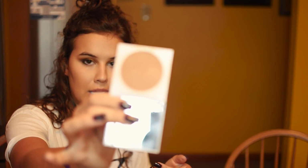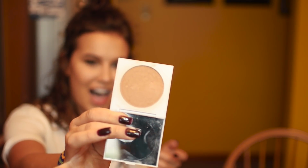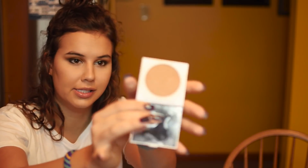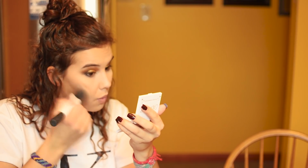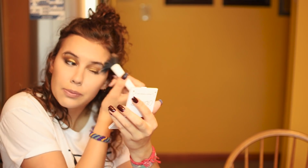I have it in a pressed case like this. I love this bronzer, and it's like $6. And I usually just take my big Real Techniques stipple brush and slap it all over my face. I've already shaped out my face with the Kevyn Aucoin contour powder and contour cream, so I'm really just warming things up at this point. And this ColourPop bronzer is a really nice color for me. Like when I'm fair, when I'm tan, this is very much a go-to. Probably this one as a shimmer bronzer,